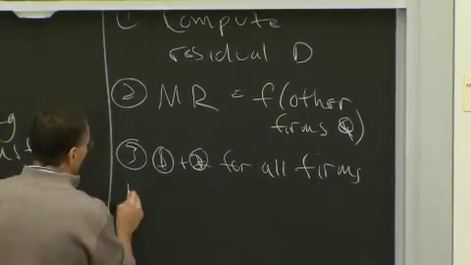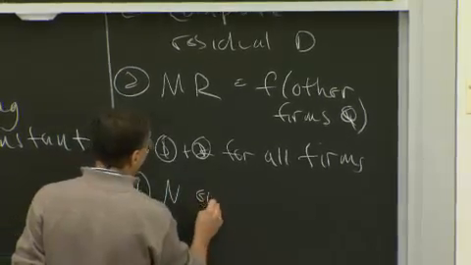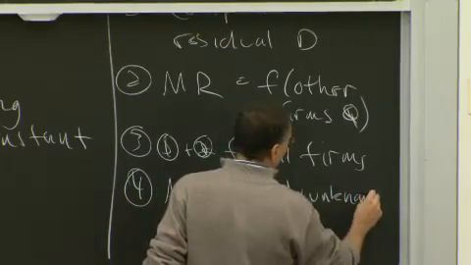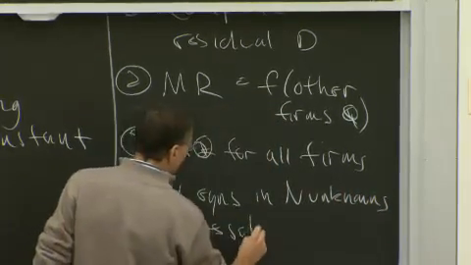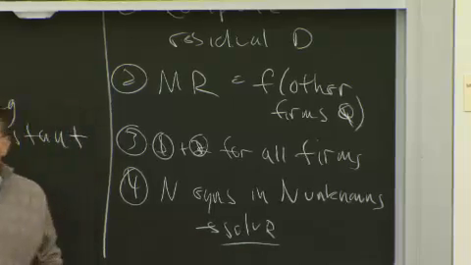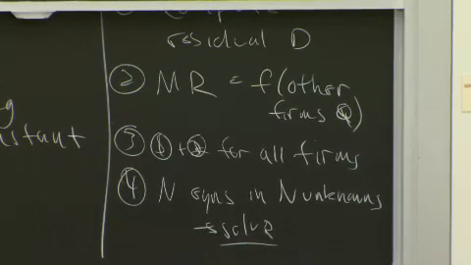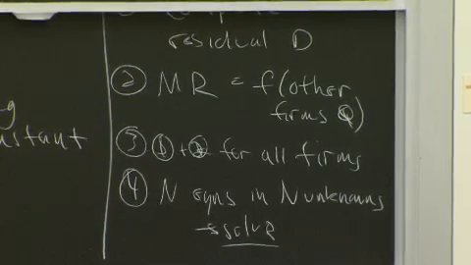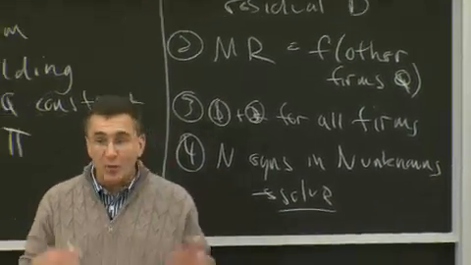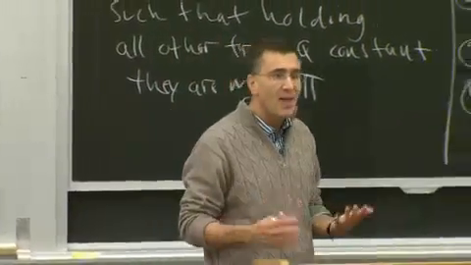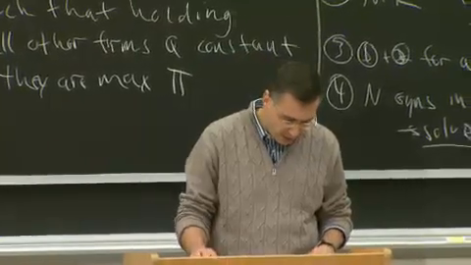And then that leaves you, step 4, with n equations in n unknowns, and you solve. Okay? So basically, you develop a series of equations where each firm's marginal revenue function is a function of each other firm's quantities. You get one equation like that for each firm. That leads you to n equations, n unknowns, and you solve. If you can solve it, then you reach equilibrium. If you don't have a solution, then there is no stable Nash equilibrium. But if you can solve that, then there is a Cournot equilibrium, and you solve for it.